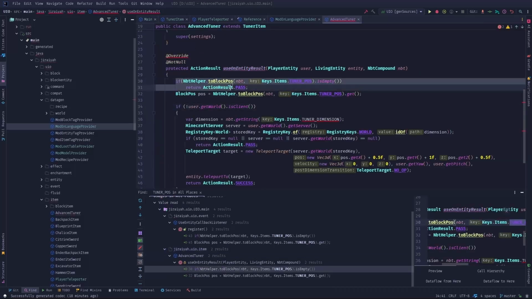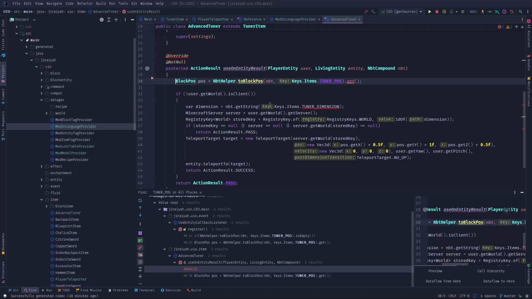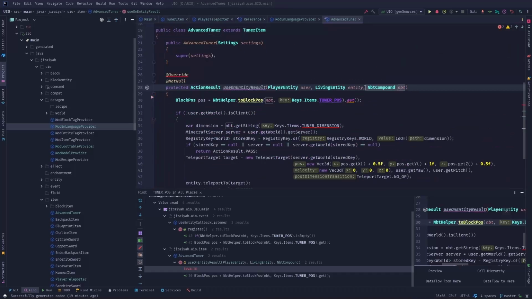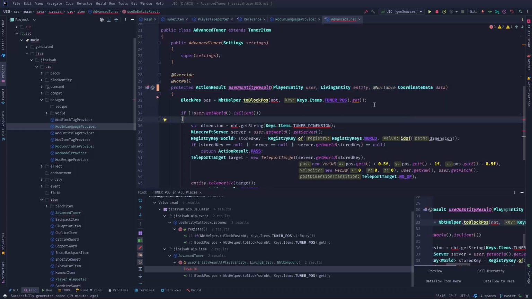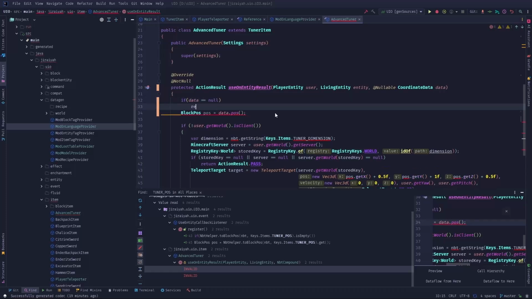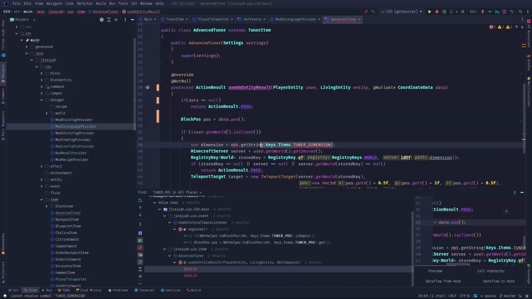Let's take a look. Okay, here we go. This is a problem. It's an advanced tuner. Oh, okay. So instead of this NBT, we had changed it, didn't we? Because use is now using data here. And this is an extension of tuner item, so it should work now. And we say data.pose. And of course, we should check if data equals null, we return action result pass. So that's the position. And finally,